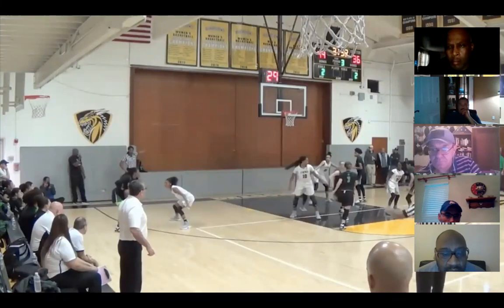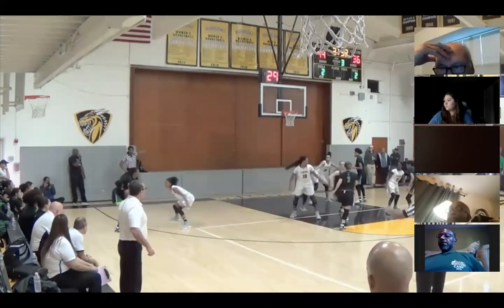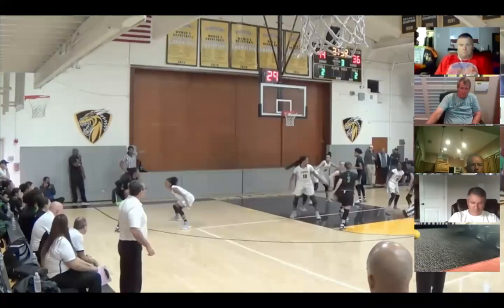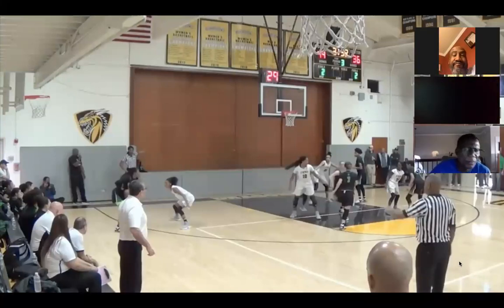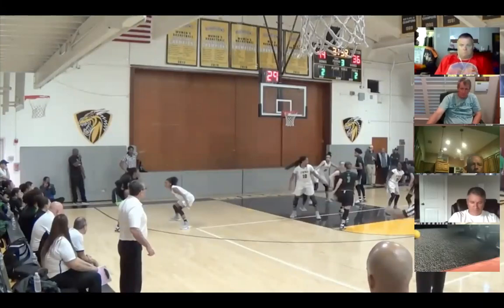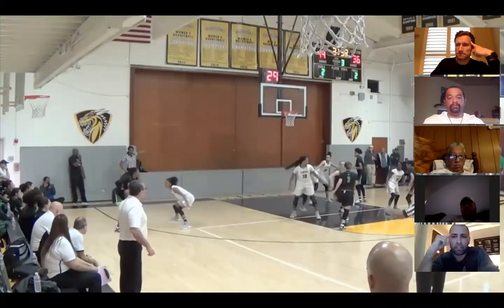We have. I try to change how we incorporate it so teams don't become privy to it. Last year we ran it a little differently than this year. This year we did one where the ball's way on the opposite side. There's another action that happens before the elevator screen happens, and so we try to give our guys enough time to set up, so that way we don't get called for any silly stuff. That's helped us, and obviously listening to this just reinforces what we've been telling them. I thought the way we ran it last year, we were cutting it a little too close. Sometimes it got called, sometimes it didn't get called.